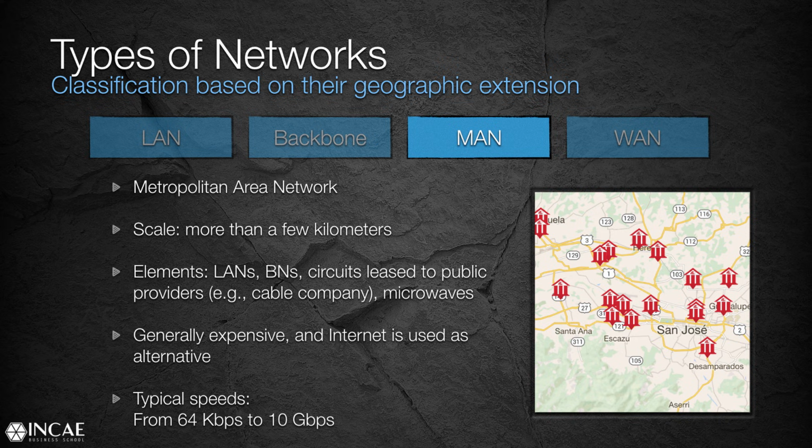Why don't we use our own fiber optic cables? Well, because it is very expensive to lay fiber optic cables on our own, privately owned, from one location to another, which is 10, 20, 30 kilometers away. Rather than laying out our own fiber optic cable, it is less expensive to lease these circuits, to lease the fiber optic cables of cable companies or telecom providers that have already laid out their own fiber optic networks